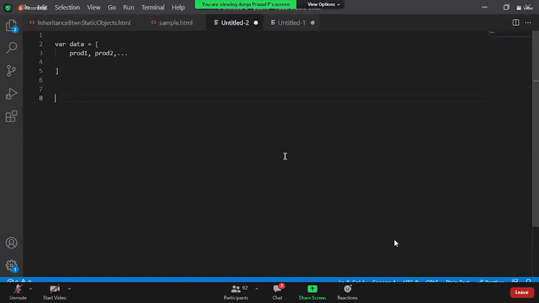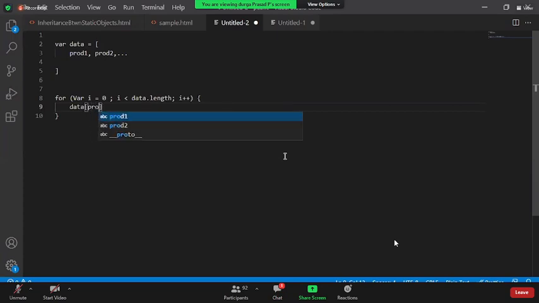Now you want to say for i equal to 0, i less than data.length, i plus plus. Now you would like to say data of i dot __proto__ is equal to some seller info. Is this what you're saying, Raj?